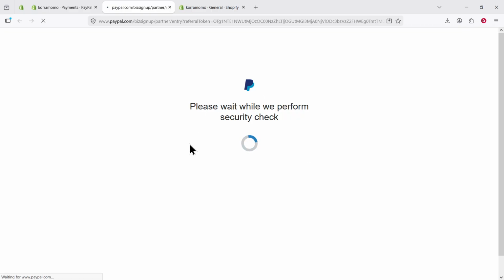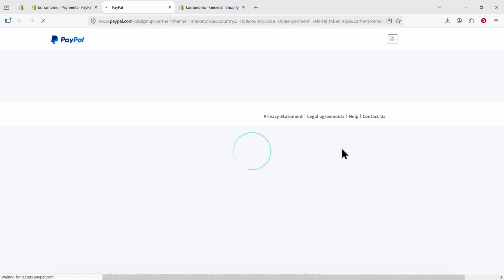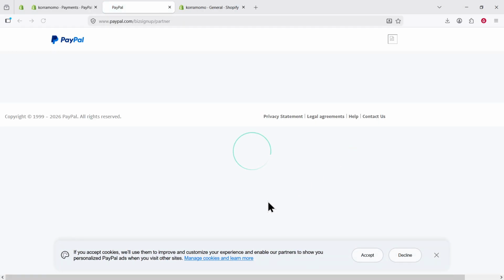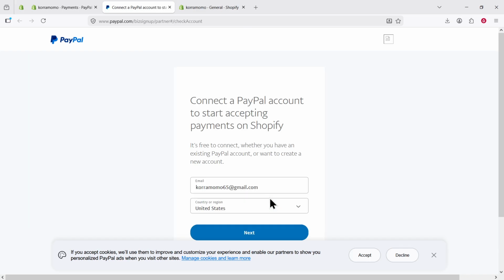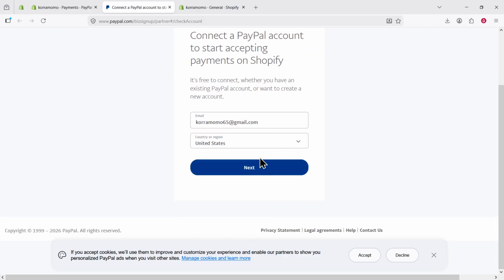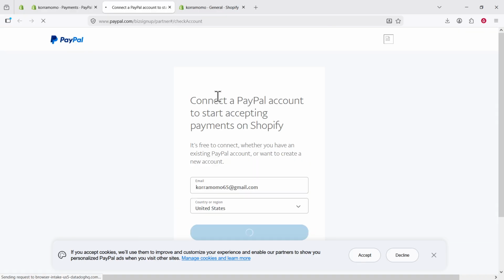A PayPal login window will open. In the email field, enter your PayPal business account email address. Take a moment to type it in carefully, since this is the account Shopify will connect to for PayPal payments. Once the email is entered, select your country or region from the list shown on the screen. Then click Next. If you do not already have a PayPal business account, PayPal will prompt you to create one